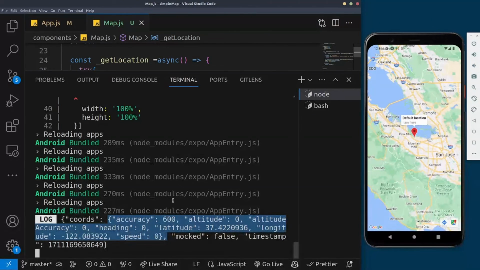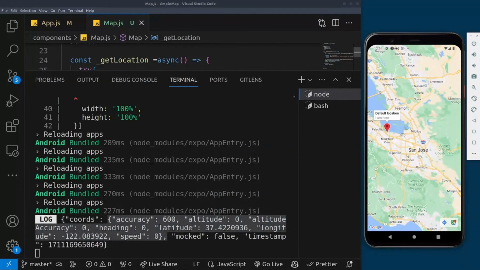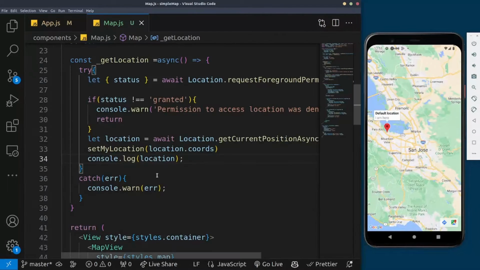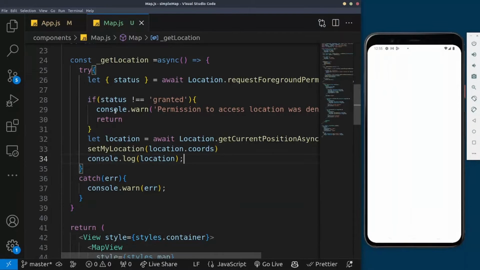I am somewhere else very close to home in Africa, which is, if you run it on your device, on your phone, actually it's going to give you an accurate location. I don't know why that is displaying like that. So let's just reload the application, and as you can see here,